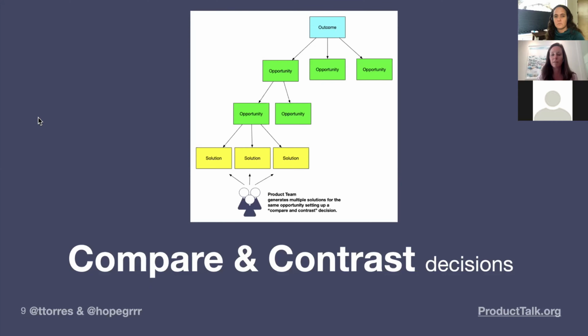And so once you've defined that explicitly, it actually also will help you think critically about your solutions and whether or not they are even on the right track to deliver on that, so that you can get qualitative feedback or quantitative feedback to figure out if in fact they've met your success criteria for that solution.